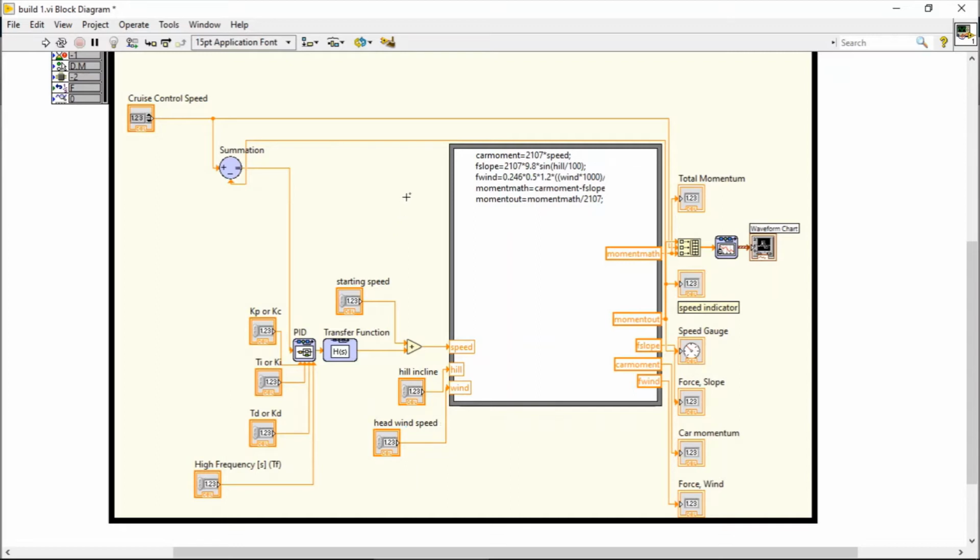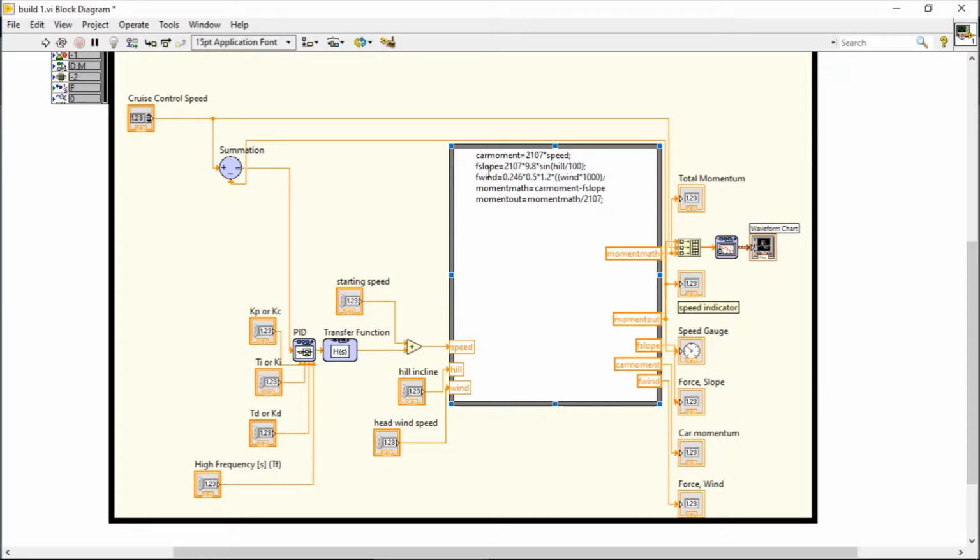And I use these just to give something that would have more of a real life effect, because you're almost not going to travel flat anywhere, and there's always going to be times where you encounter hills either up or down. And so I added those and then did this little formula here for converting speed into momentum,